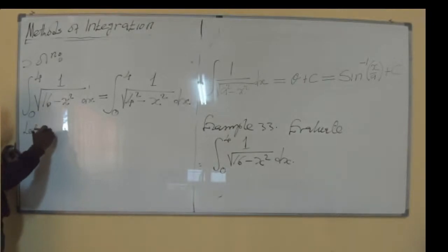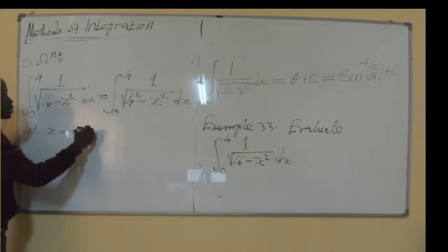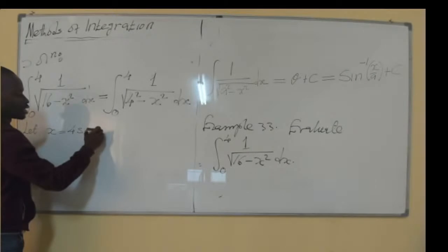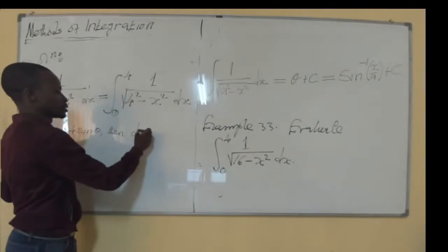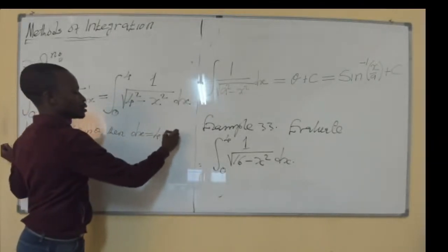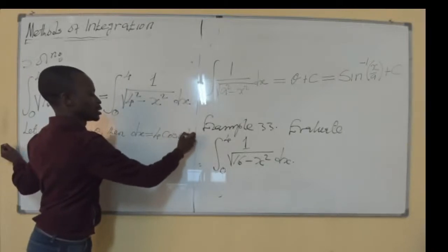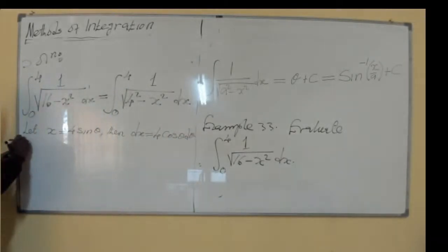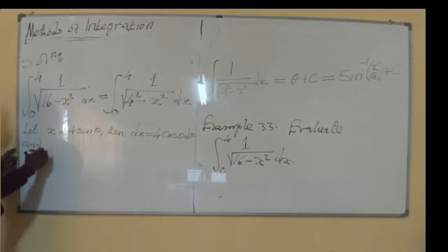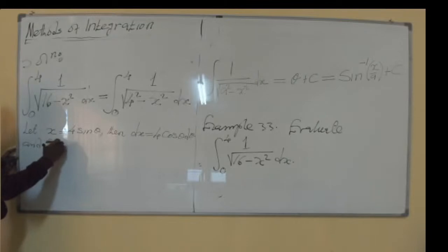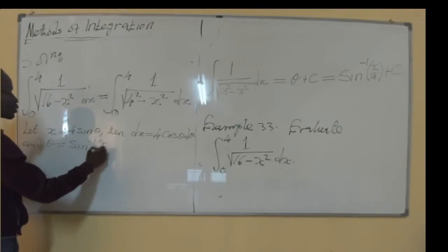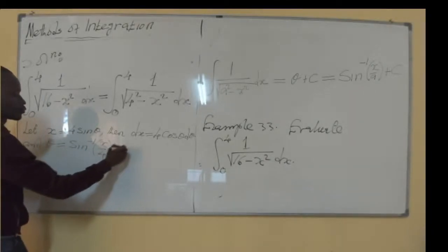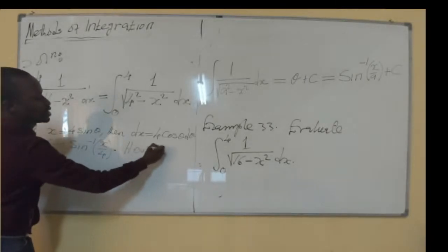So let x equal 4 times the sine of theta, then dx is equal to 4 times the cosine of theta d theta, and theta is equal to the sine inverse of x over 4. Hence,